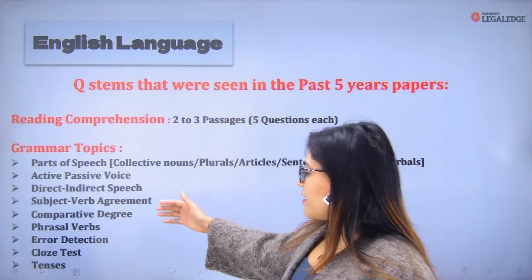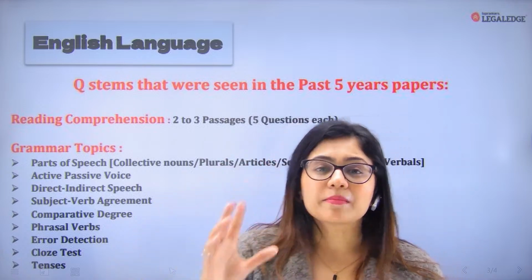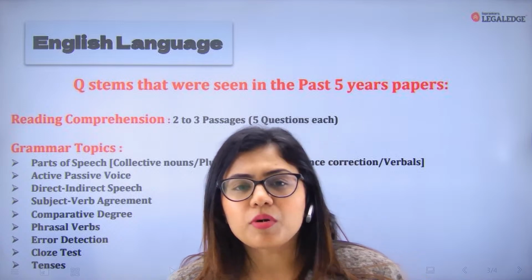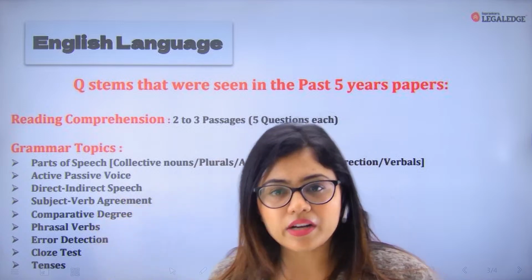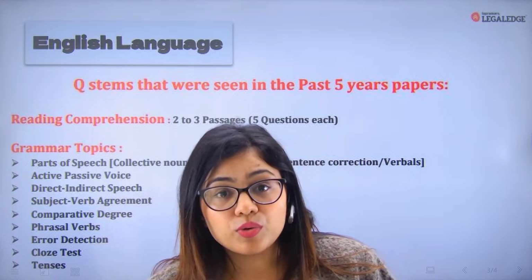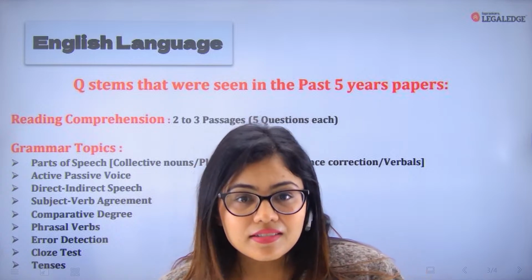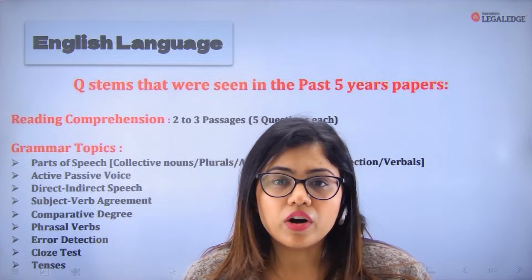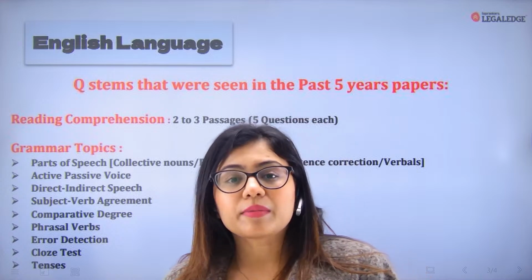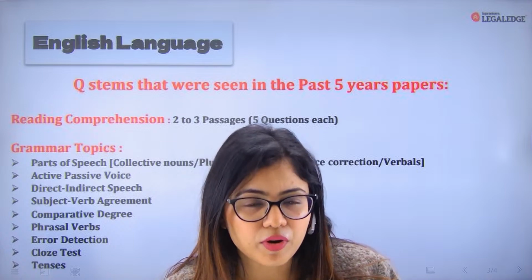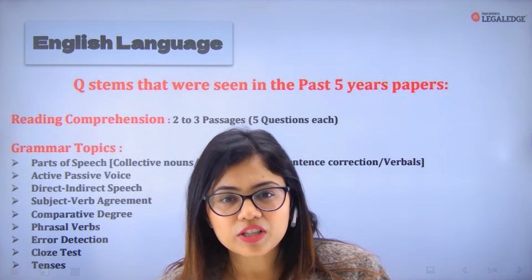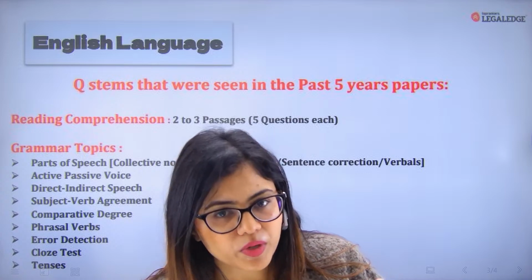फिर उसके बाद एरर डिटेक्शन, ये एक बहुत ही प्राइम कैटेगरी है. एरर डिटेक्शन बहुत अलग अलग तरीके से आता है. So error detection will come in the format of subject verb agreement. They might give you error detection on tenses. They might give you error detection on articles. They might give you error detection on prepositions. इसलिए मैंने बोला था parts of speech सबसे important है. If you are really clear with your parts of speech, half of the problems would be solved.